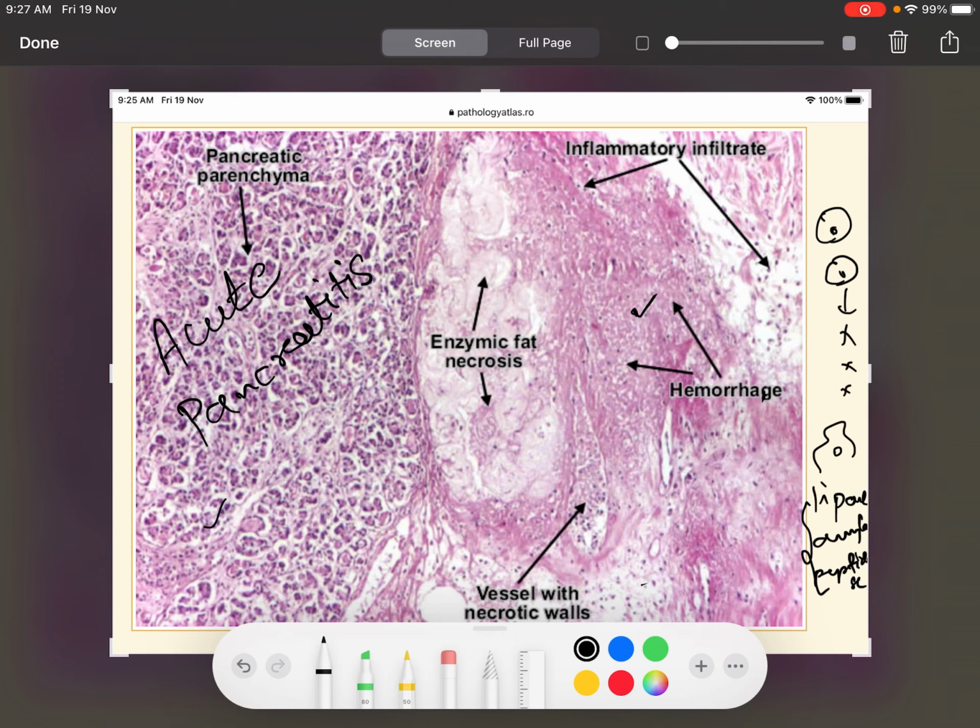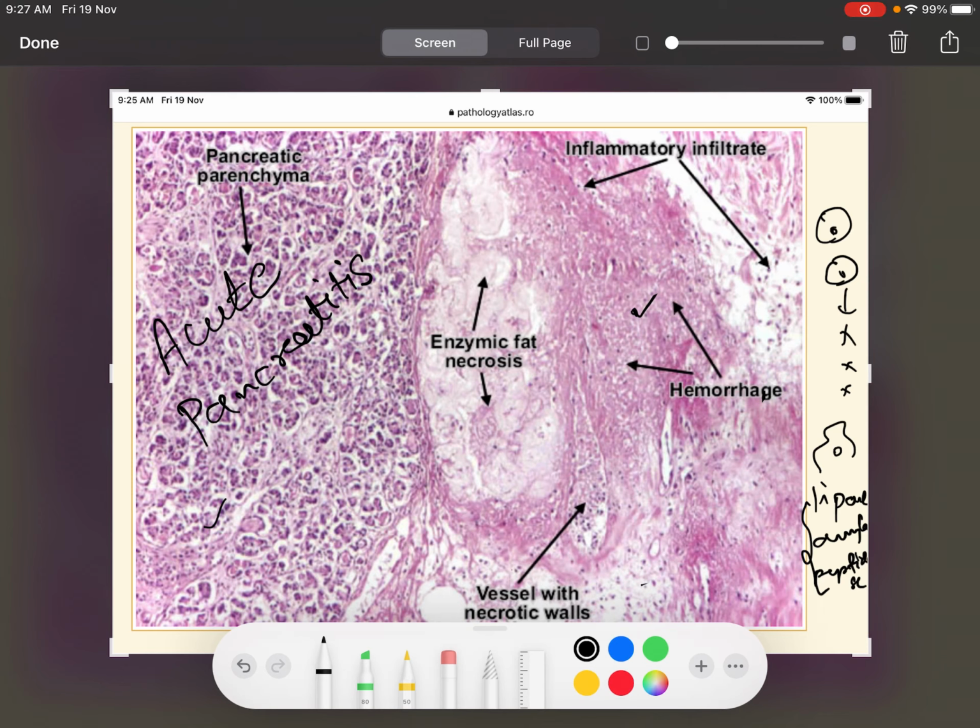Okay, but because of this inflammation, they will be released inside the parenchyma, and this will now start digesting and destroying the tissues. Okay, this will destroy the fat part, this will destroy the protein part of the pancreas, and this will lead to inflammation. This will cause an increased number of mononuclear cell infiltration, again cytokine release, and again damage, and so the vicious cycle goes on.